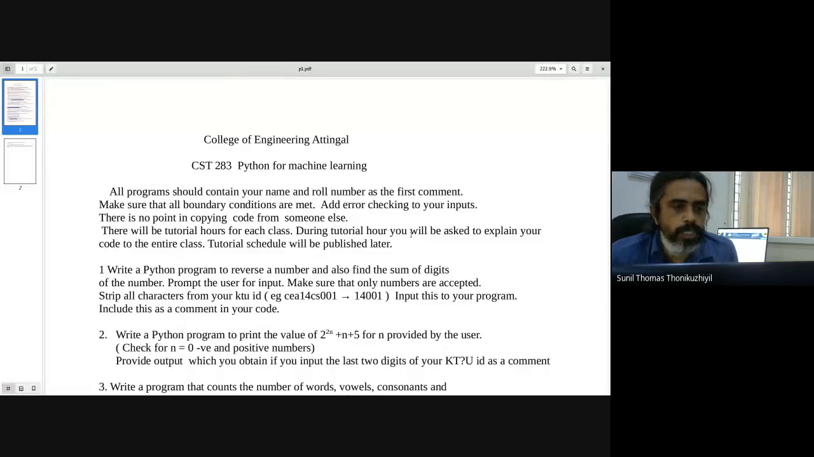You should write 10 separate notebooks for your problem set. Make sure that the first line of your notebook contains your name and roll number as the first comment. Secondly, you should look at all boundary conditions. I will explain what boundary conditions are and what kind of error checking you should do. So there is no point in copying somebody else's code. And once you submit